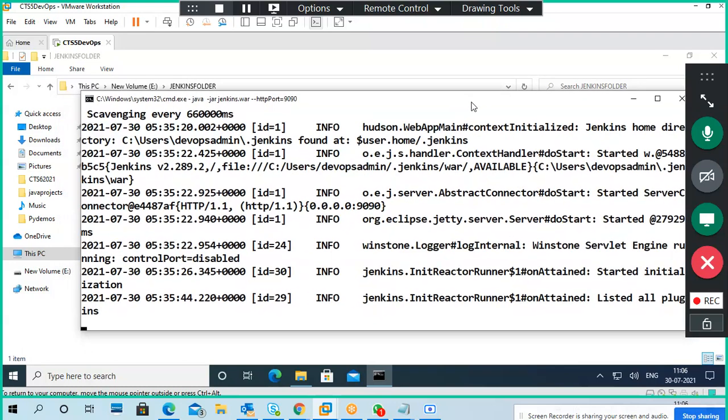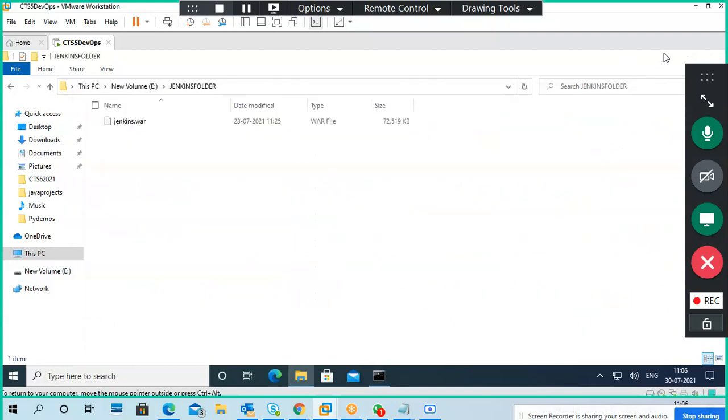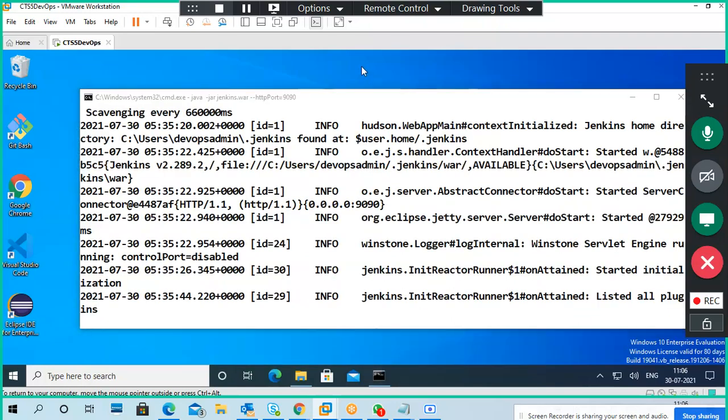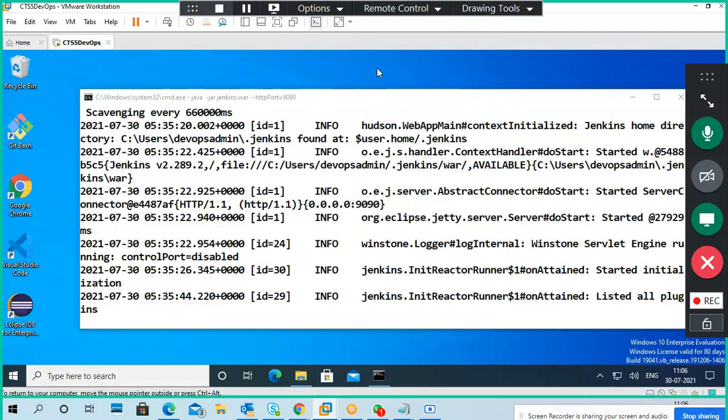It listed all the plugins. Next, minimize this one. I'm using Windows. If you want, you can also do it in Linux.